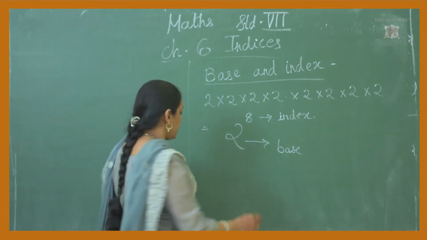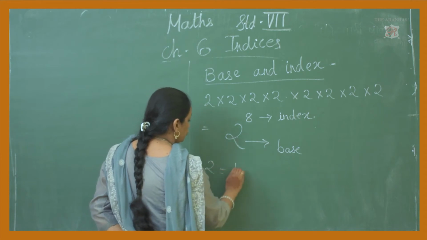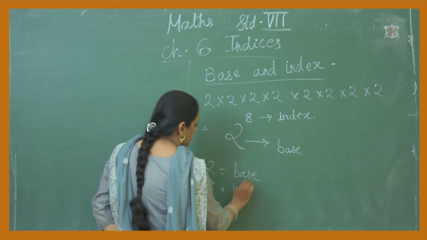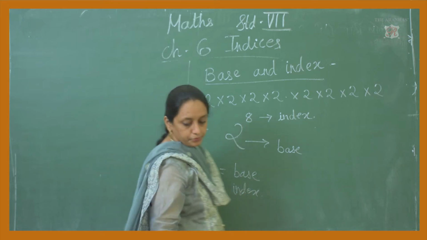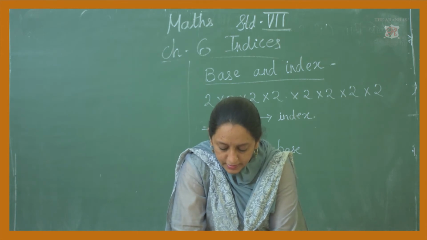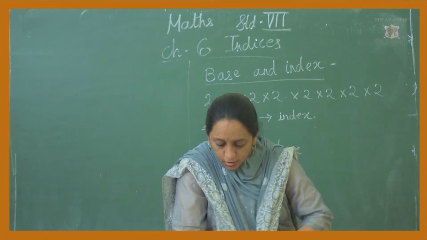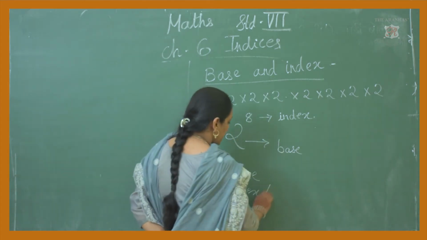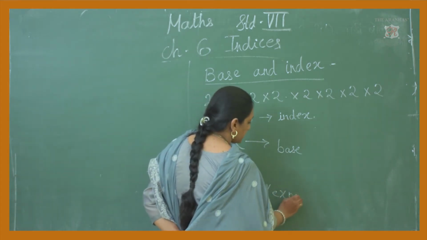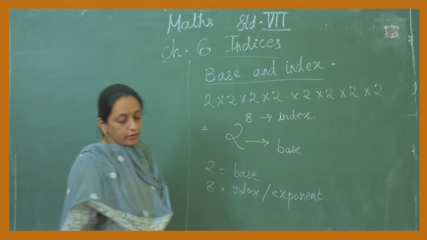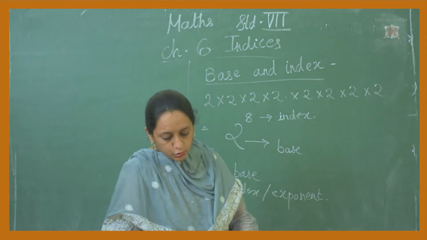2 is called as the base. So you can write as 2 is called as the base and 8 is called as the index in this number. They have written here in the box also very clearly. Example again, next example they have given 5 raised to 4. Index is also called as exponent. The other word for index can be exponent. Both are correct according to your textbook.